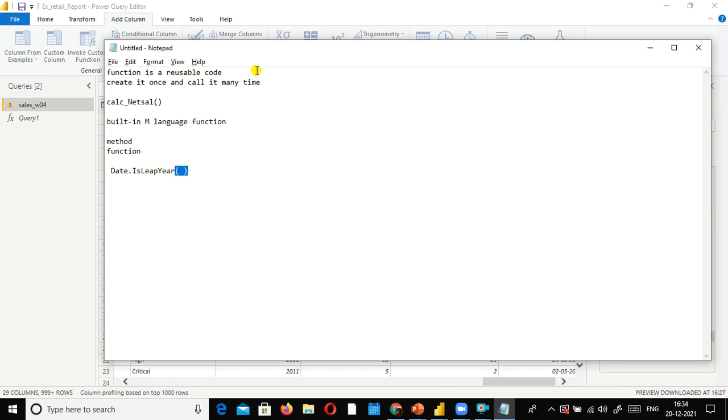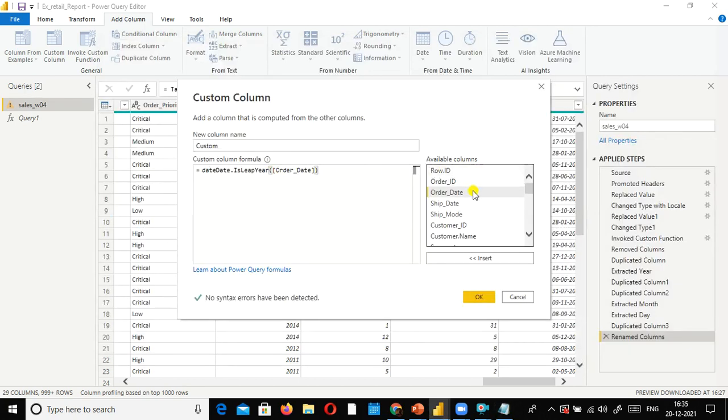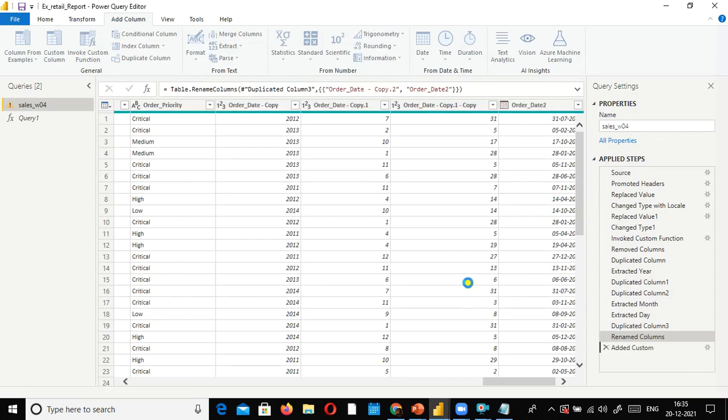Why a function? It's reusable code. Once you create a function, it can be reused. Somebody else has already created this, and we are reusing their function. All we need is to give a date, and it tells you whether it's a leap year or not. Otherwise, you need to manually write a program to check that, which is painful. So here there is a readily available function, Date.IsLeapYear. Instead of this, I just selected this, and if I click OK,